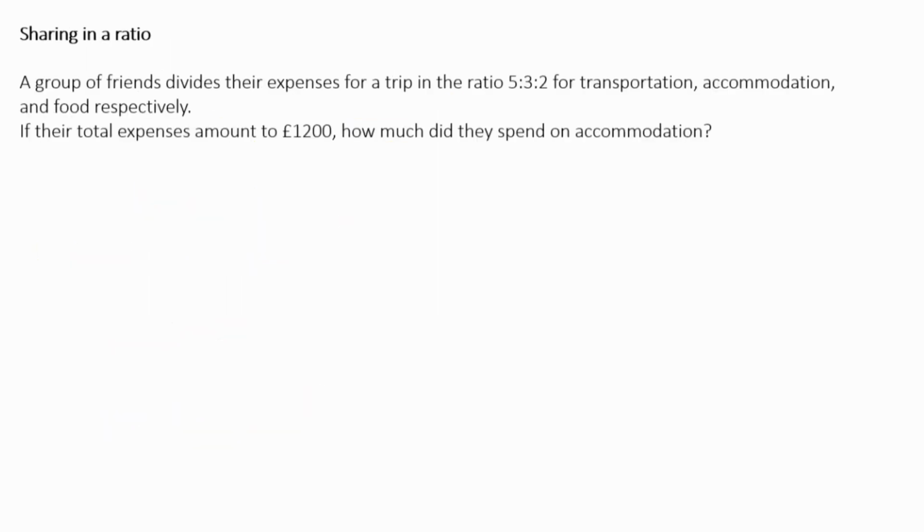In this question, we are told a group of friends divide their expenses for a trip in the ratio 5:3:2 for transportation, accommodation, and food, respectively. If the total expenses amount to £1,200, how much did they spend on accommodation? So because we have been given the ratio for transportation, which we can call T, accommodation, which we can label A, and food, we can label F, we can first of all write our ratio down. So the ratio of T to A to F is